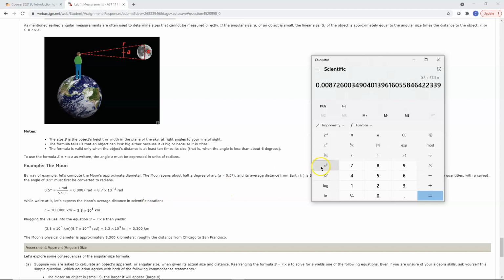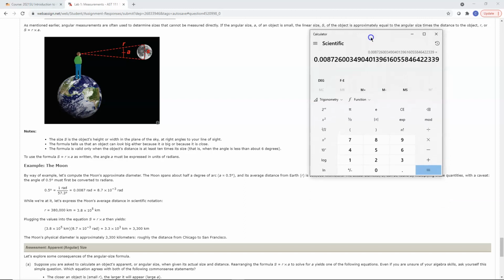Okay, now we've got that in there, and the moon's average distance, and again in kilometers, you want to use kilometers for this, is roughly 380,000 kilometers. You take that and convert that over to 380,000. Well, I'm not going to do that. I'm going to take this number right here, since I've already got this in standard terms. Okay? I'm going to take that and multiply it right here,